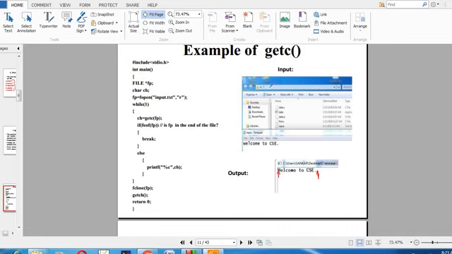All of you look at here. I have created one folder, that is C. Inside that folder I created one project. That project name is sample. Inside I have maintained one .c file, that is test.c. Another one more input file I created. That file name is input.txt. Here I have opened the input file. Inside the input file, our text is: welcome to CSC. So this is in our text file.